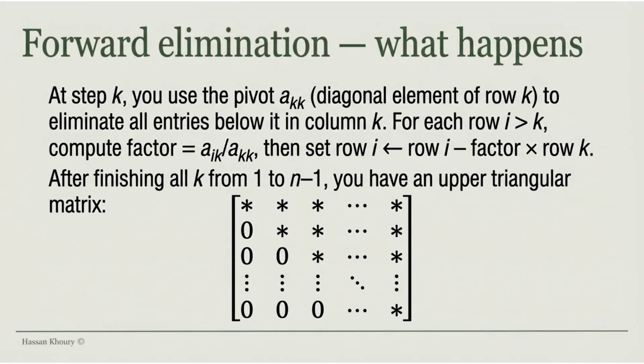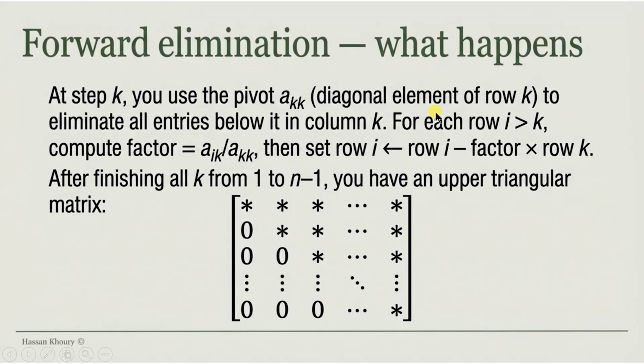At step K, you use the pivot A_KK, the diagonal element of row K. For example, in row K, this is A_KK, that means A22, to eliminate all entries below it in column K. For example, this is column K, that means K is equal to 2, and all these values will be